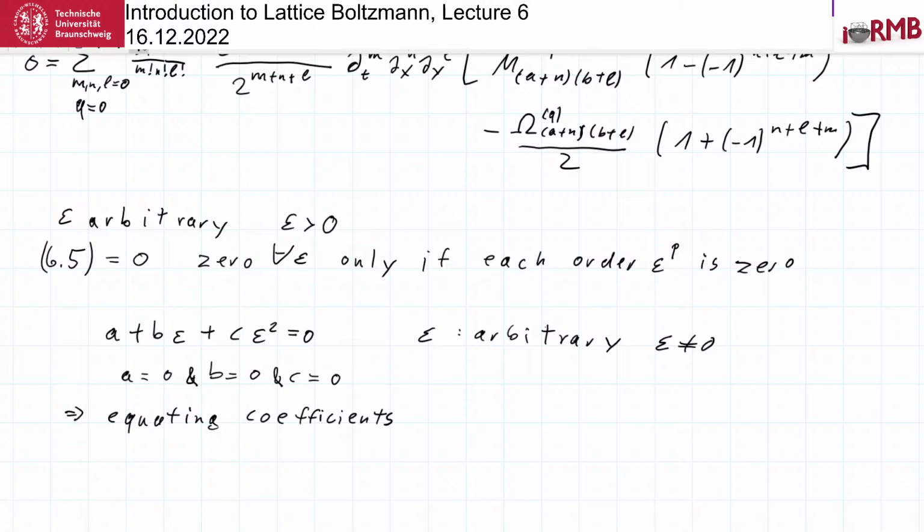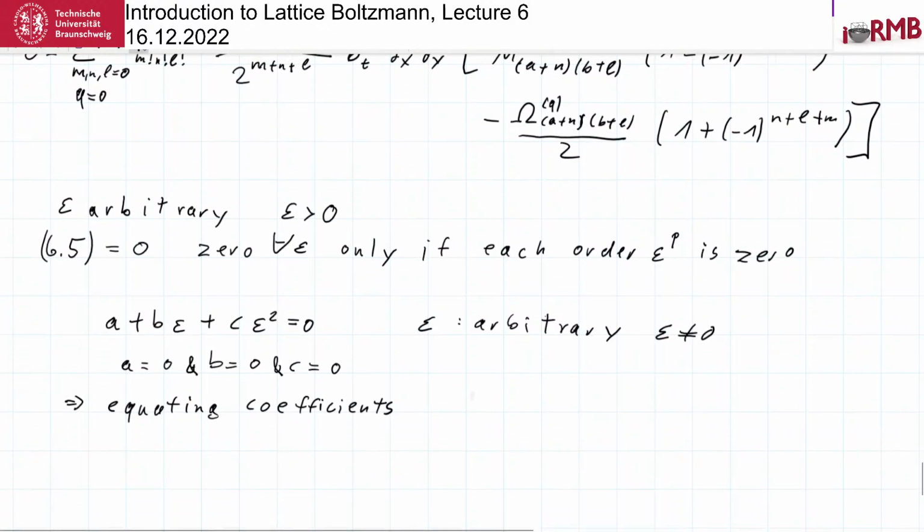Is it the term itself or the coefficient before epsilon that should equal 0? So the coefficient in front of epsilon must be 0 in order for this to be 0 everywhere. So I just recognized that I did not have